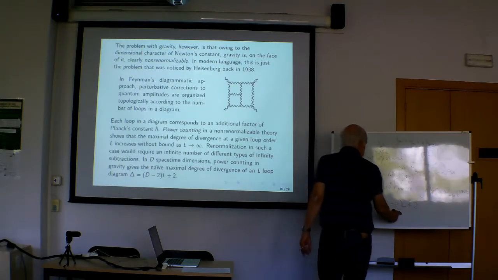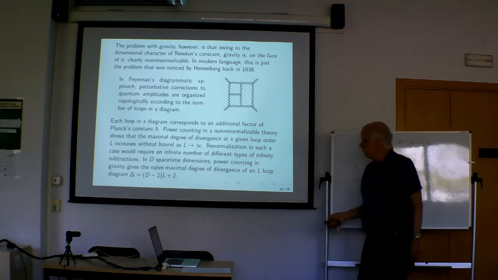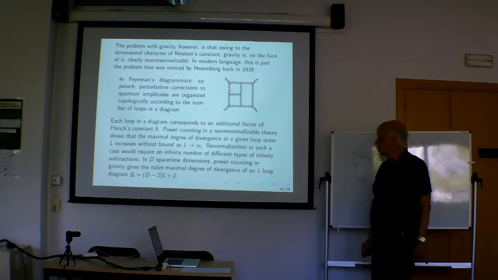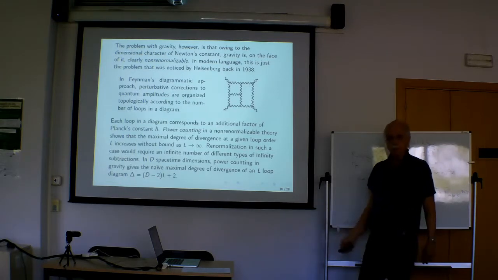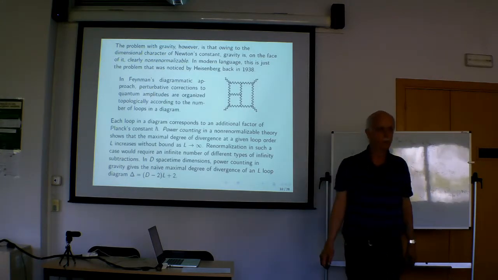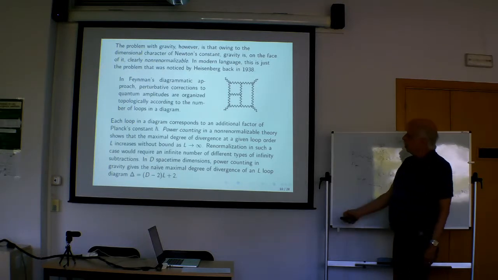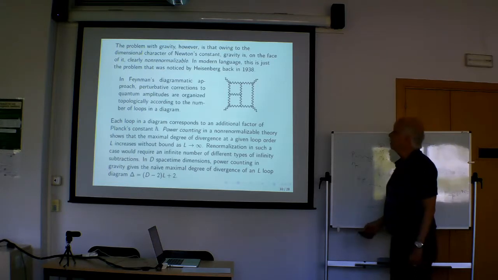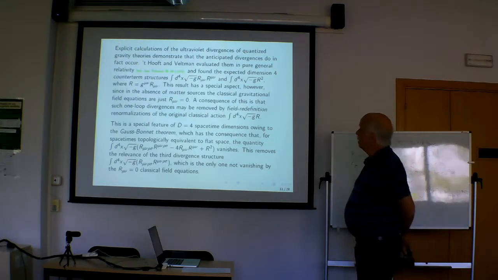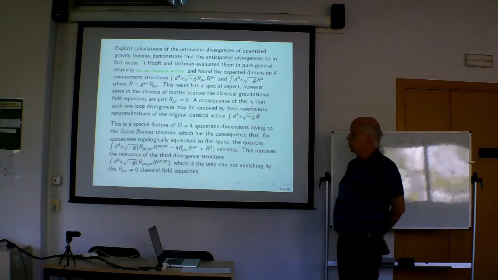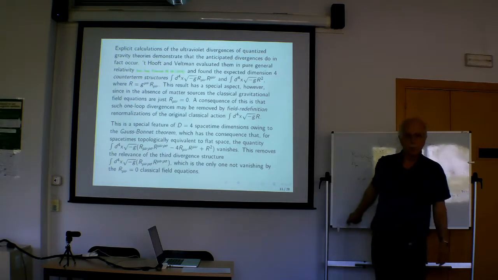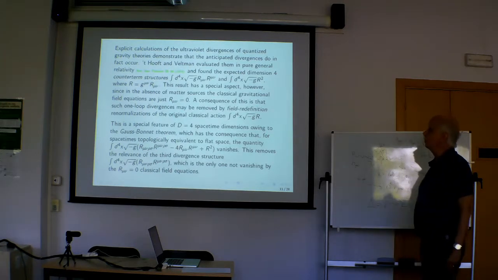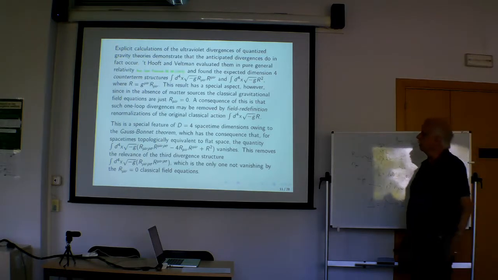Okay, so this is basically telling you the nastiness of the story as you go up order by order, and you can see that it's getting out of control. And you can also do the similar counting in other space-time dimensions, and it gets worse and worse. Okay, so the only nice dimension, of course, is 2, about which I'm going to have another whole discussion. All right, now, this was an anticipation. I just scribbled some things on a blackboard, but the actual calculation was done by 't Hooft and Veltman in pure general relativity. And they found, indeed,